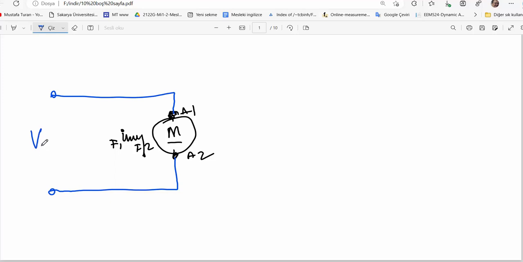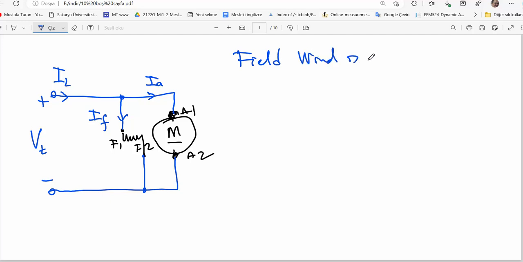Here's a DC terminal voltage, plus and minus, we apply. The machine draws a load current, and to convert energy you need a magnetic field. Here's a field coil, so you should supply some electric power to the field coil. Let's say that is the field current, that is the armature current, and here the field coil, the field winding, is connected